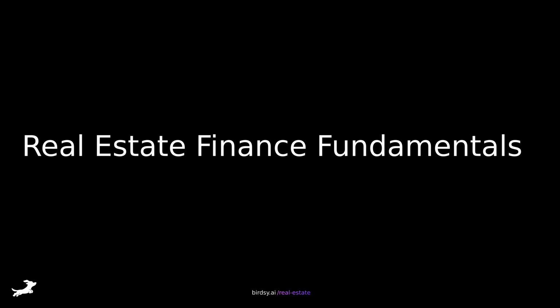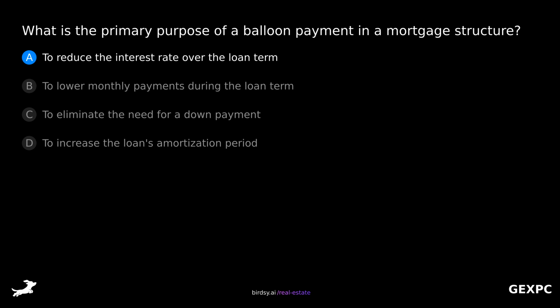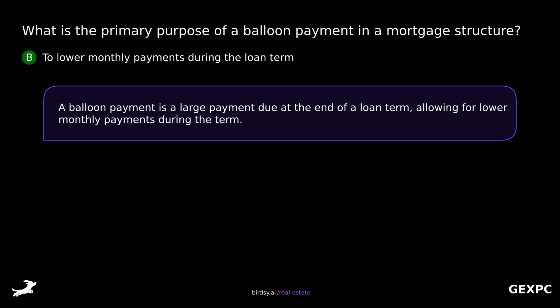Let's start with a review of real estate finance fundamentals. What is the primary purpose of a balloon payment in a mortgage structure? Is it A, to reduce the interest rate over the loan term, B, to lower monthly payments during the loan term, C, to eliminate the need for a down payment, or D, to increase the loan's amortization period? The correct answer is B, to lower monthly payments during the loan term. A balloon payment is a large payment due at the end of a loan term, allowing for lower monthly payments